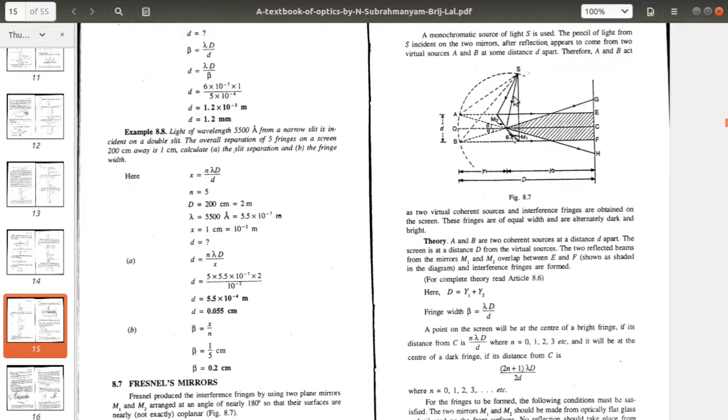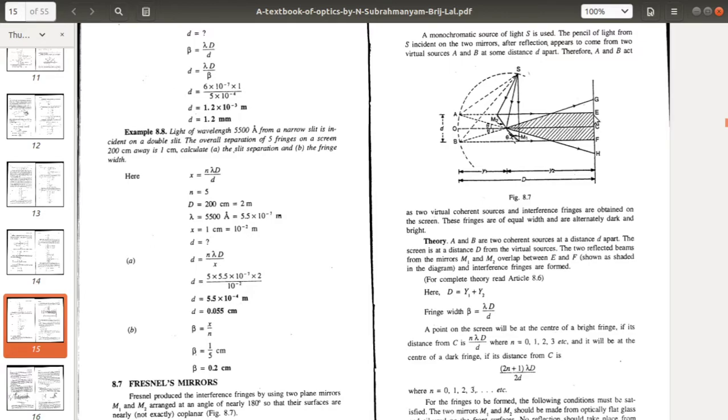Similarly for the other rays. So we have drawn all the possibilities of the reflected light from each point. The light gets reflected, and if we place a screen at this point, we will get interference fringes